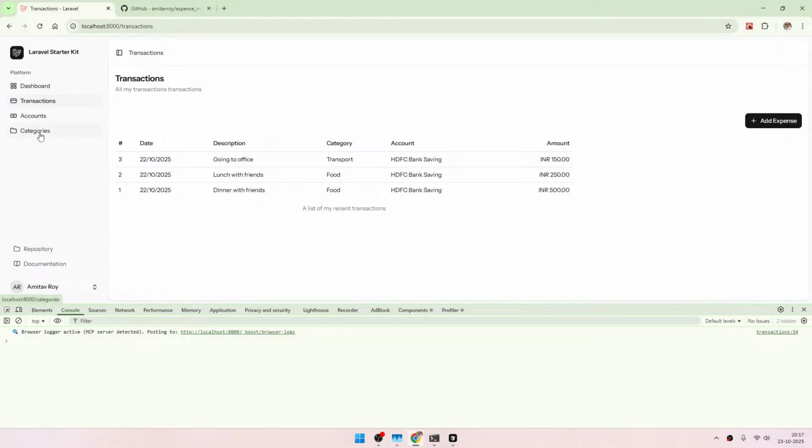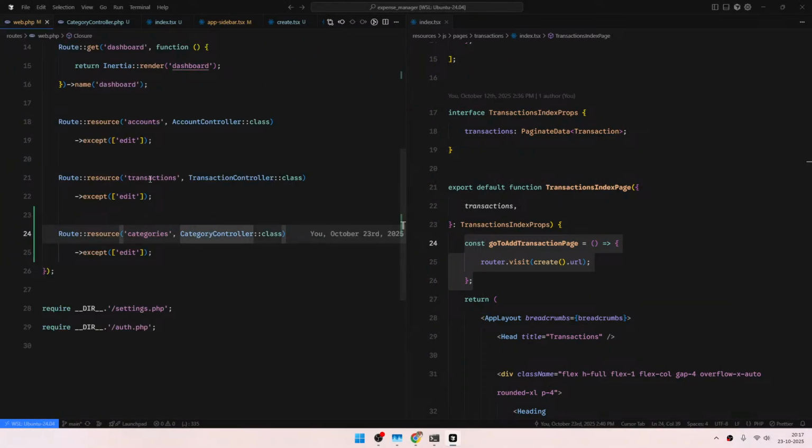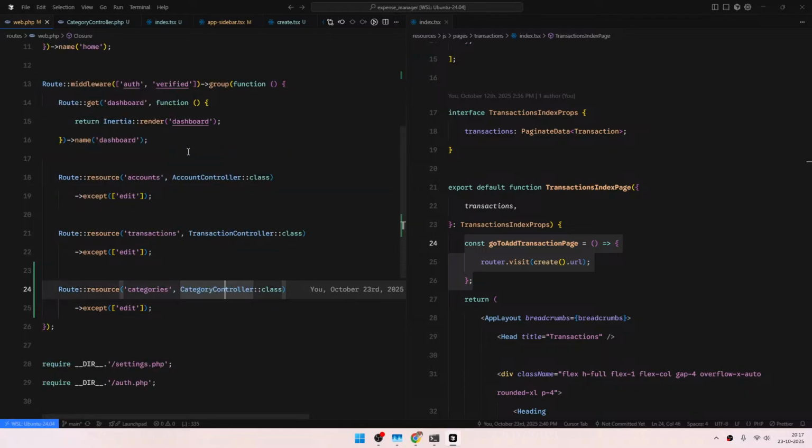I'm not able to see any issue. Maybe if you guys are able to understand what could be the reason, you can tell me in the chat. This is imported and categories accept edit, so